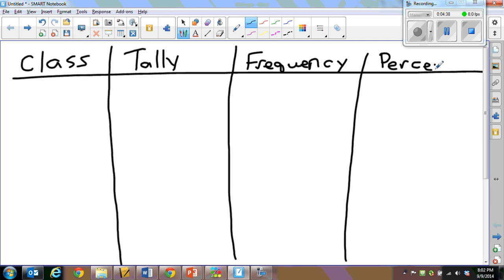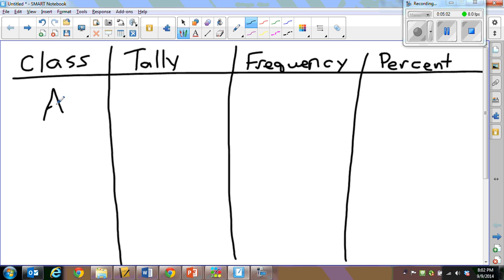Why do we need the percent? It's not that it's essential, but there are quite a few graphs and whatnot that use a percent, and so it's kind of a nice thing to have. The class, when we get into numbers, this will be where we have our different boundaries, but for right now, this is basically the class. You can think of it as categories. So the different categories we have for blood type